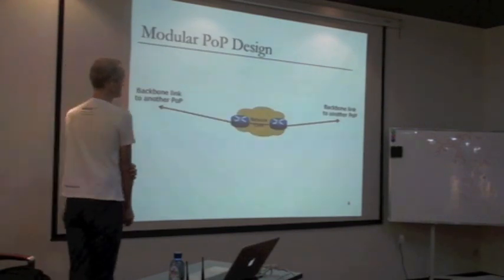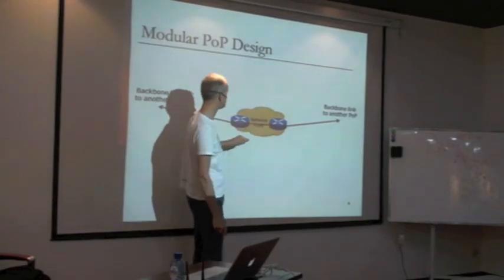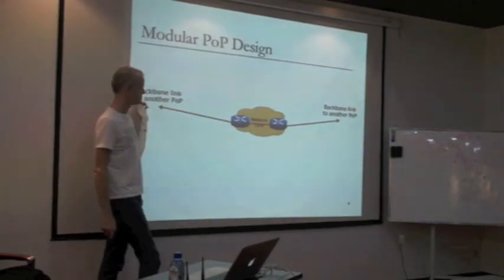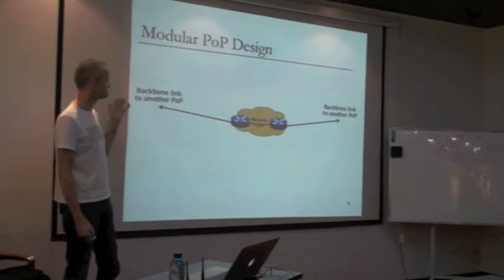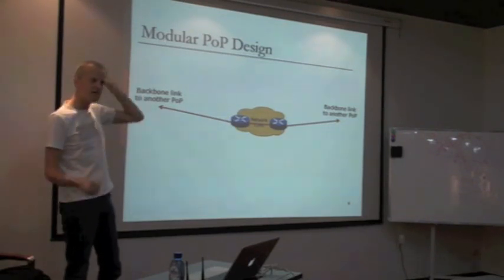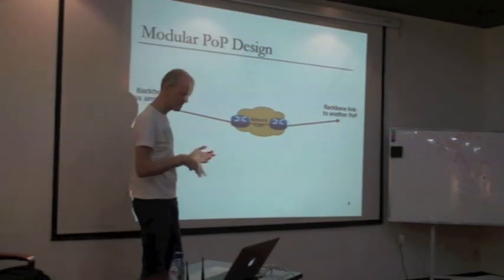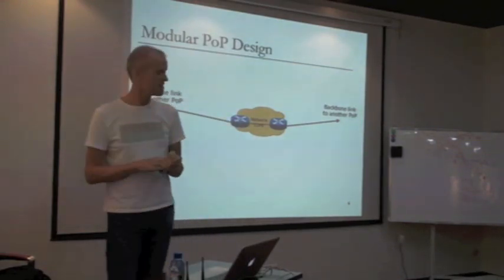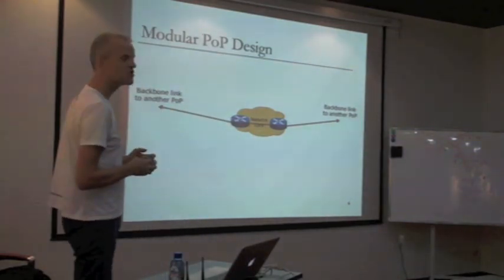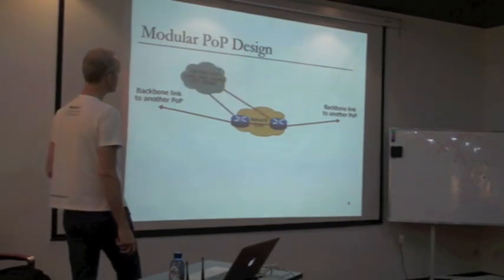Right, so we start off, we talked about core routers, so we've got the two routers in the core. We've got backbone links to other POPs. We saw that on Monday. Typical type of design, with the two core routers. If you have other points of presence in your network, then you make sure you have redundant links, not just one. ISP services